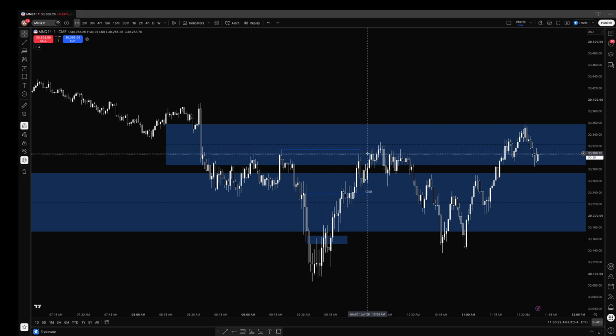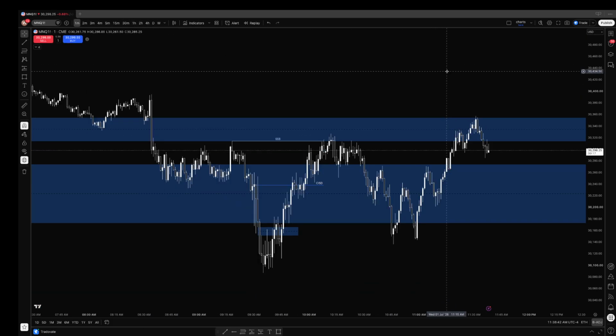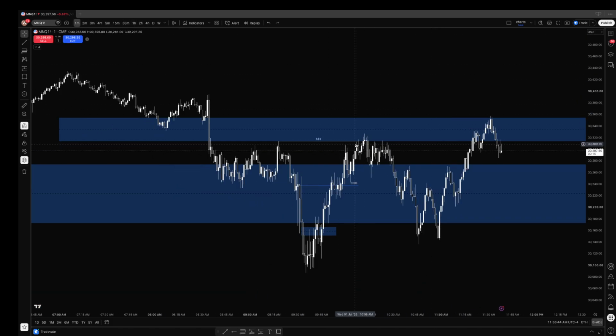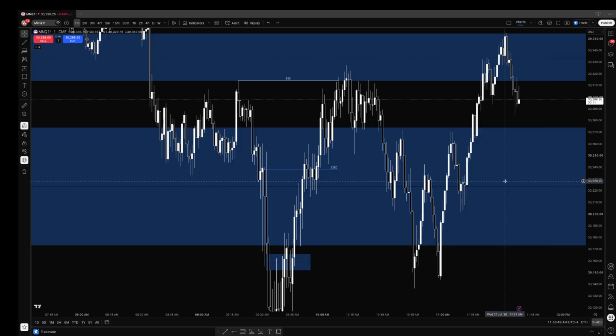Anyways, when we came up here, we put in this manipulation of this high into a 15-minute. I was watching this for potential short setups. Right around here at 10 a.m., we put in a 1 hour FVG instead of 15 minutes. So 15 minutes inside of a 1 hour FVG, it's a higher time frame imbalance at that point. So we manipulated this high. I sort of want to see us do a little turtle soup, which is manipulating a high and then